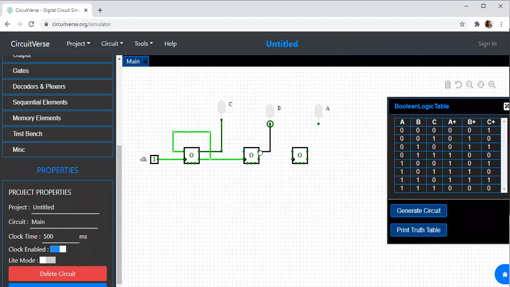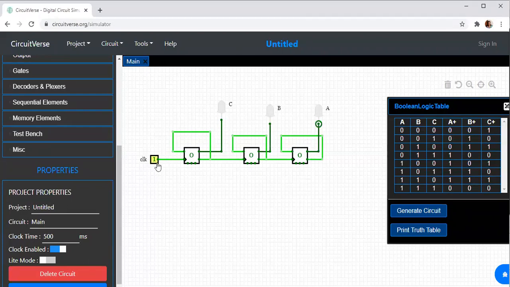So Q bar is connected as input, and Q is connected as output. If you connect Q as input, what is happening you can also observe. One way it will act as an up counter, the other way it will act like a down counter. So Q bar is connected over here. This is how a counter looks like.